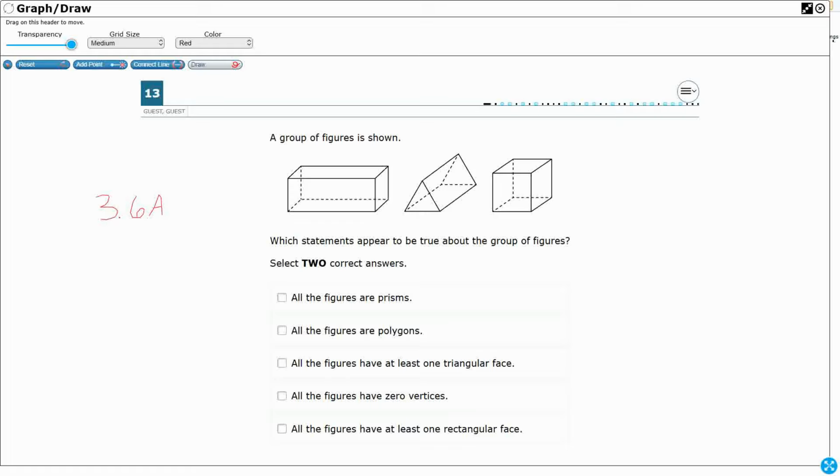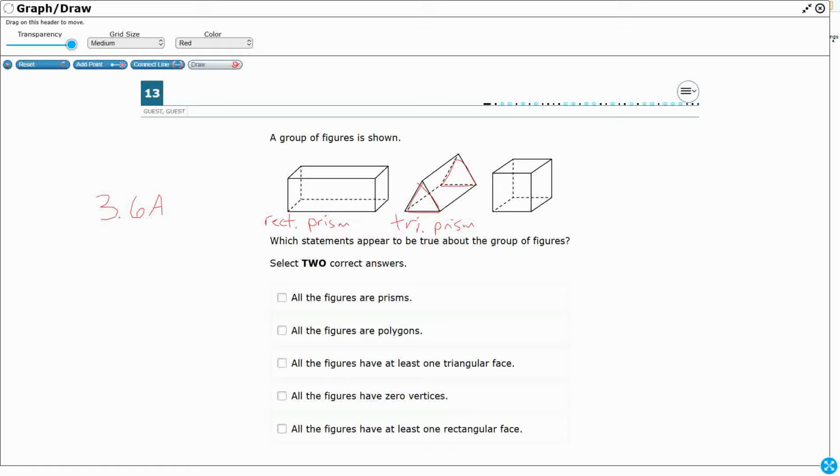So this is a rectangular prism, and it's a rectangular prism because a prism is a 3D shape that's connected by rectangles, and it's a rectangular prism because the faces, the 2 bases, are rectangles. This is a triangular prism, so I'll put this right here